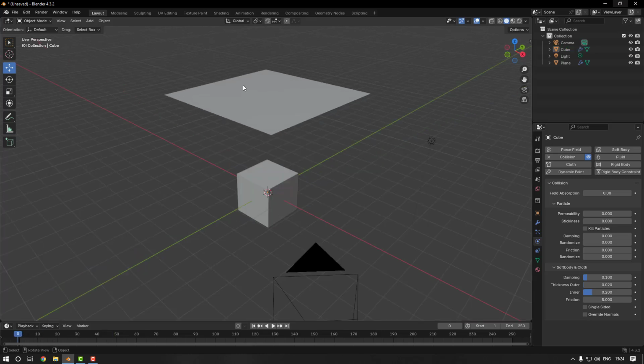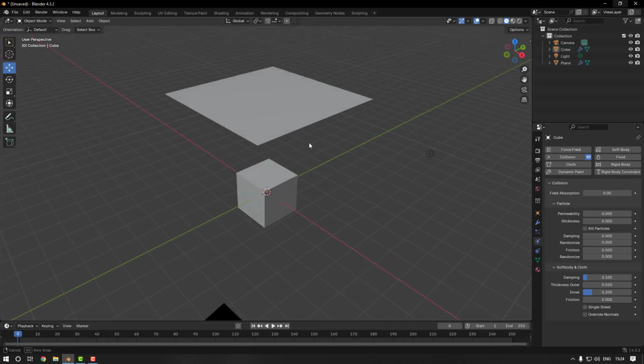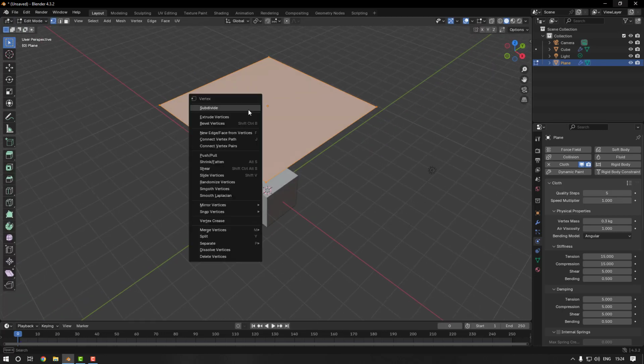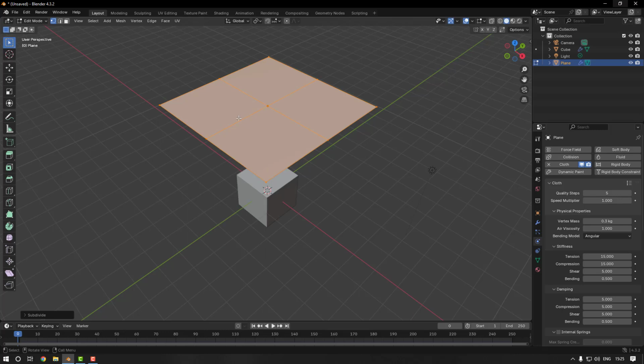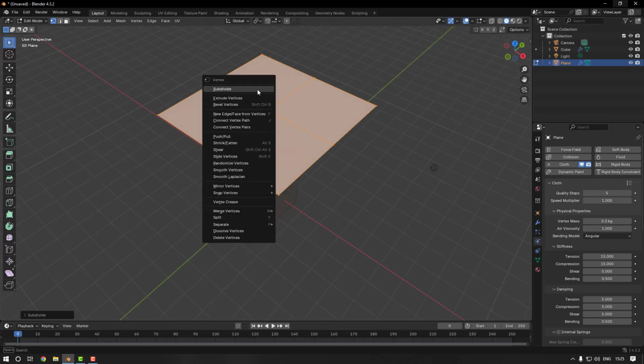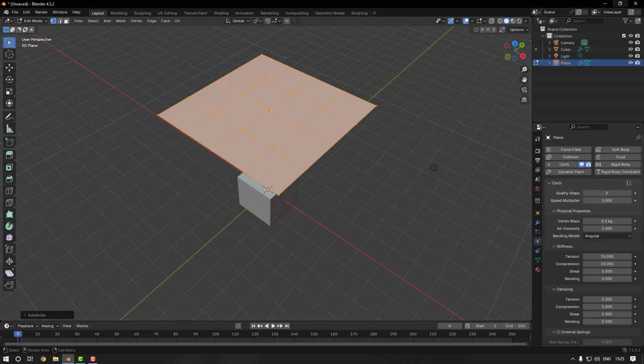Okay, nice. As you can see, it's falling as one part. So if you want, you can change the parts of it. For that, go back to selection tool and select this cloth. Let's change object mode to edit mode. And then right mouse here and let's click to subdivide. As you can see, it consists of 4 parts, and if we subdivide it again, it will change to 16,